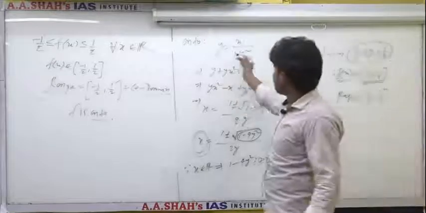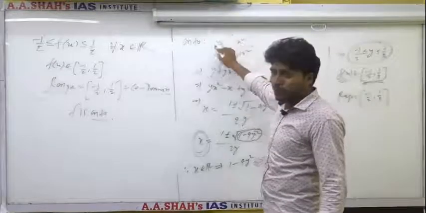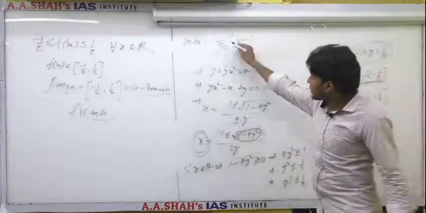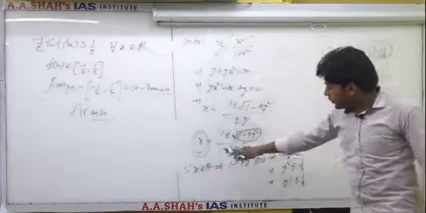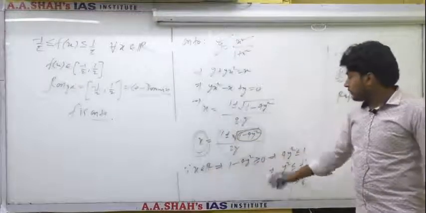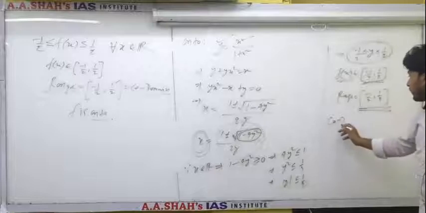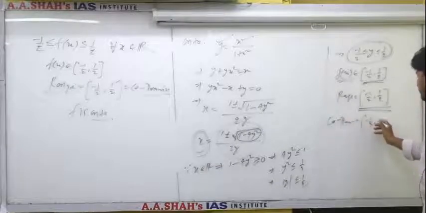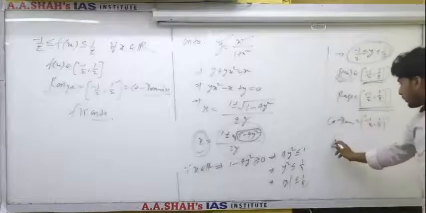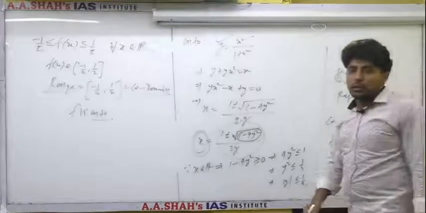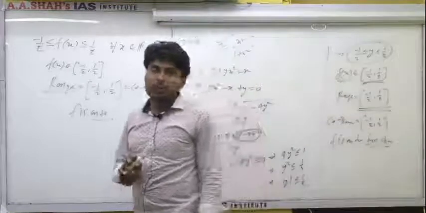Separately we can see that when x is 0, f(x) is 0. So y will be non-zero here for non-zero x, because separately when x is 0, y is 0. So the range is minus 1 by 2 to plus 1 by 2, and the codomain given in the question is minus 1 by 2 to plus 1 by 2. So range is equal to codomain, so f is an onto function. We have that this function is not one-one, but the function is onto.